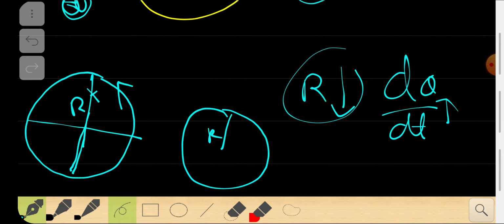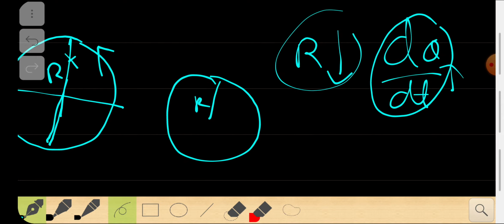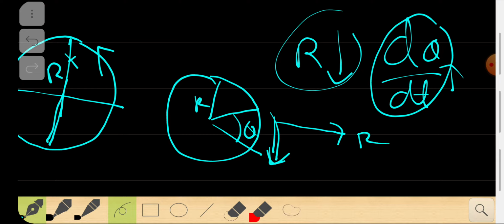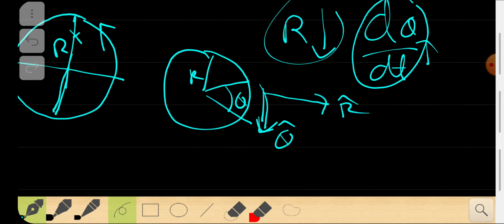In order to make sure that the radial component gets smaller, that means d theta by dt has to go up. So the velocity of the theta component, that means in this direction, that's the theta cap direction. This direction is the radial component, and this is the theta cap component. So if the radius is cut down immediately, the theta cap component has to go up, so the velocity will go up.